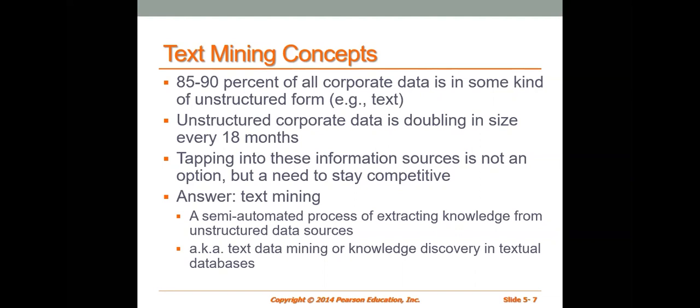Text mining is a semi-automatic process of extracting knowledge from unstructured data sources. So what is text mining? It's a process of extracting knowledge from unstructured data. It is also known as text data mining, or we call it knowledge discovery in textual databases. So knowledge discovery is another name for the